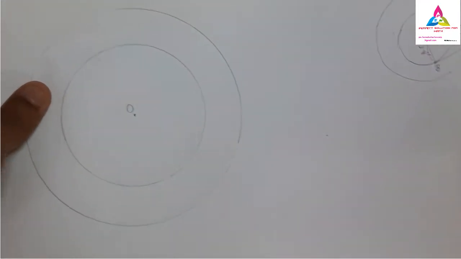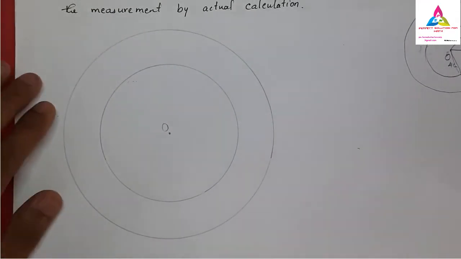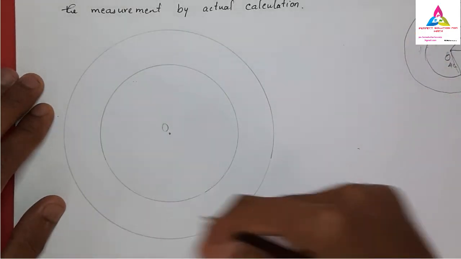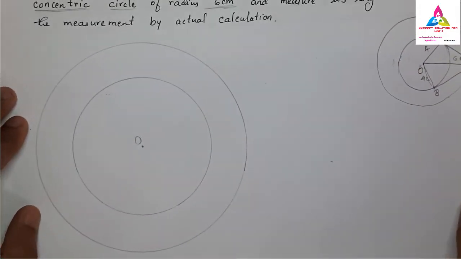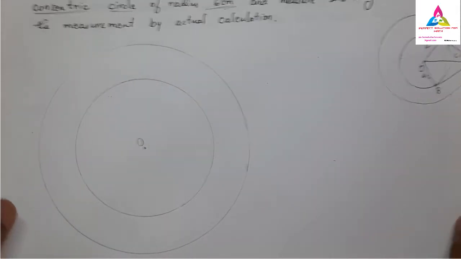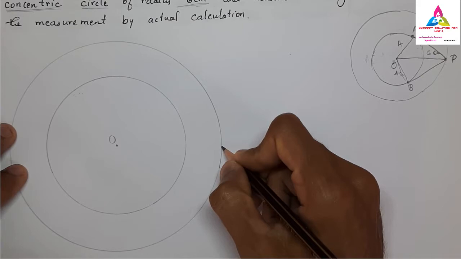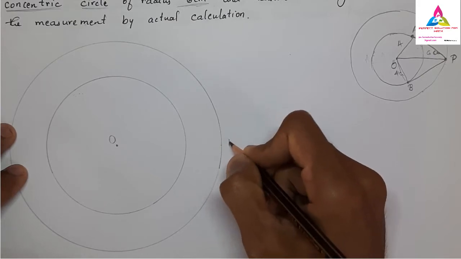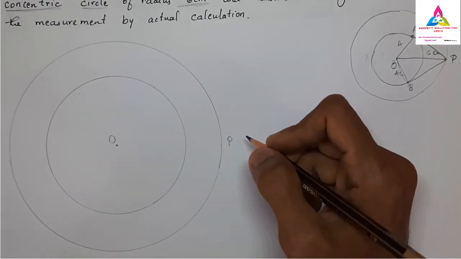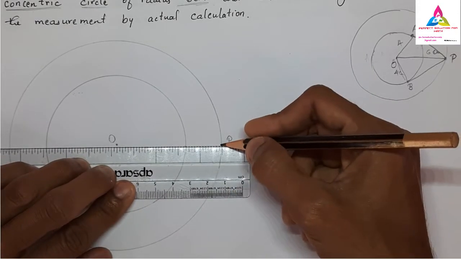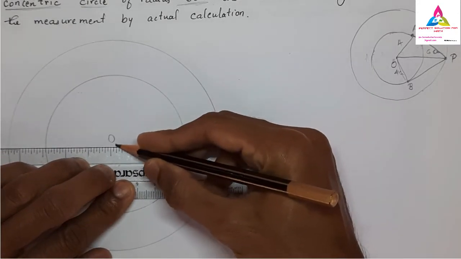And now, very importantly, one thing you remember, already we have taken the center O. We have to take one point on this outside circle, because according to the rough diagram you have drawn, we have to take one point P anywhere. So I will take it here. The same procedure we have to follow, how to draw the tangent. I have already given 2 videos on how to draw the tangent to a circle. Same method we have to follow now.